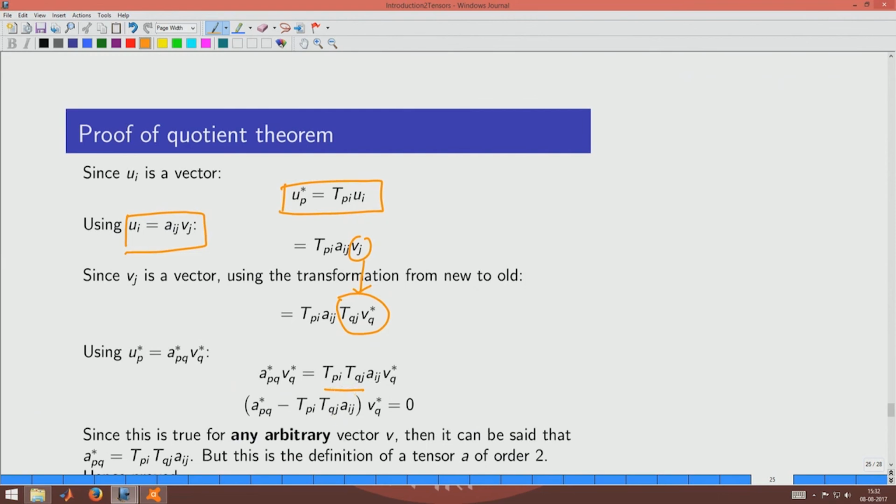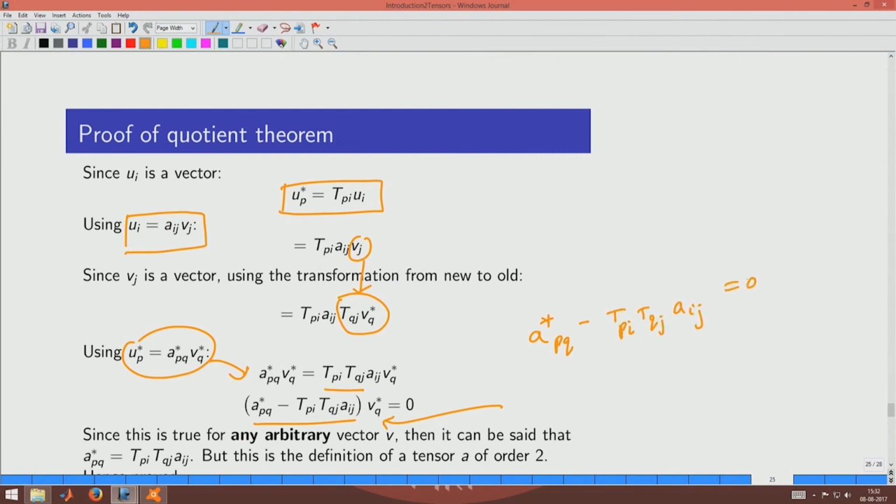see that we can actually collect them, and we see that when we express the left hand side in the new coordinate system coming here, then when we subtract the right hand side and the left hand side, we see that in every coordinate system this expression must be 0, and this is for any arbitrary vector v and arbitrary vector u. So, which means that this is only possible when a star p q is always equal to this,